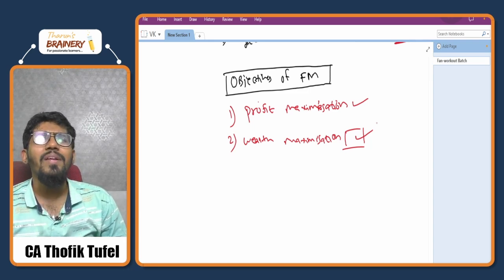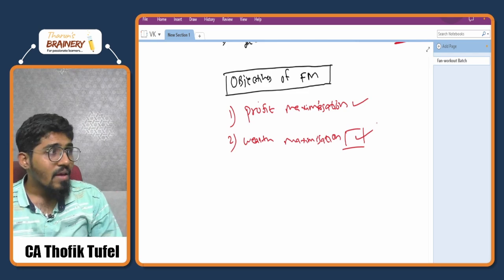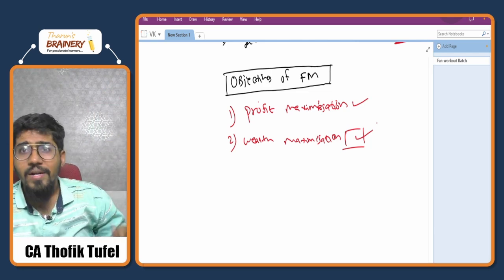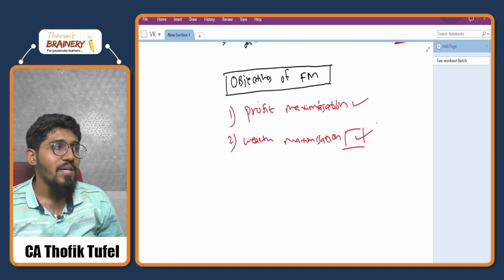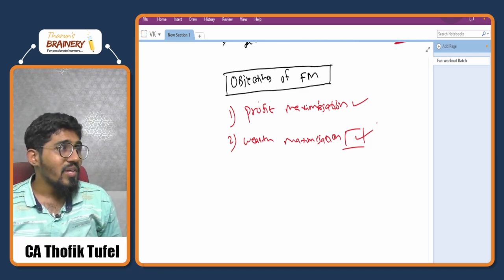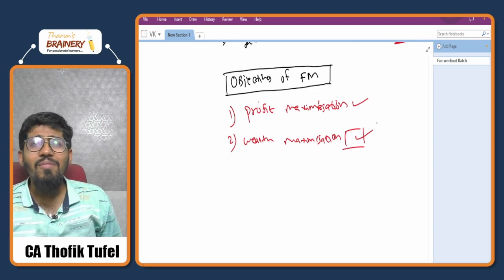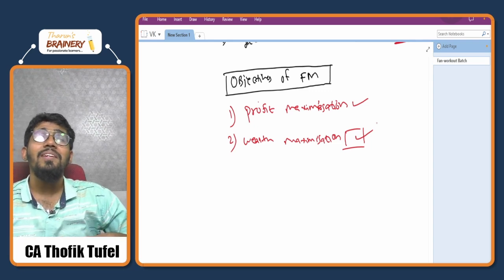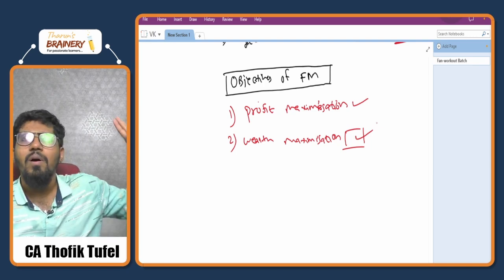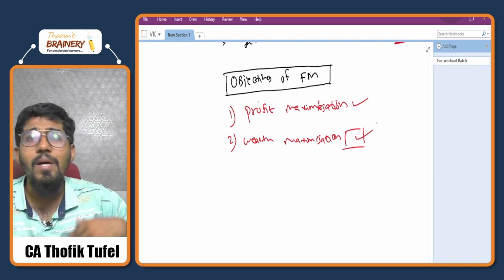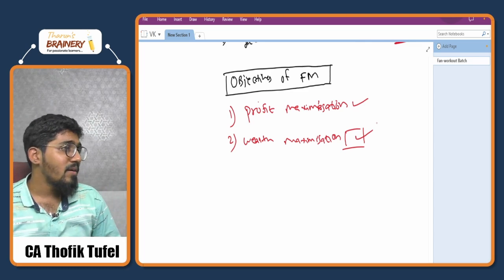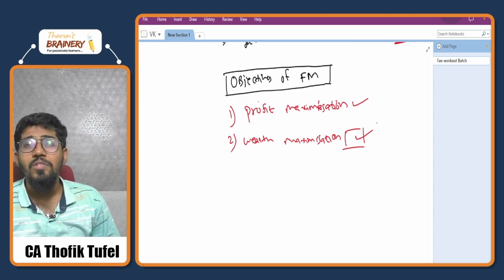The public is worried about how much wealth I am making. If I am investing 100 rupees into the company, will my amount double or not? That is what everyone is asking. Now, if people come to me asking, sir, give me a share recommendation, I will not say take this share, it has high profit. They are not even concerned about profit. They will say, okay, profit is okay, sir. Will I be able to double my money? Will I be able to generate more wealth with the investment or not? That is the question.